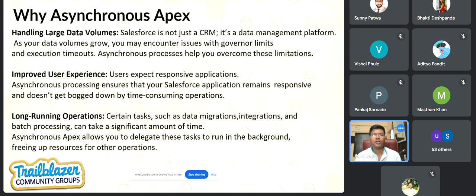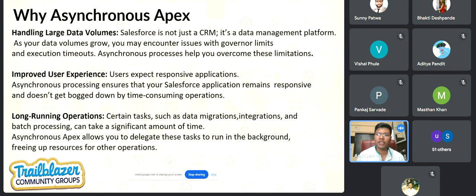The next is why asynchronous Apex. As Sunny has already mentioned, around large data volume. Even in my project, the volume was huge, so the synchronous mode does not work. Imagine we all visit different websites or use applications.